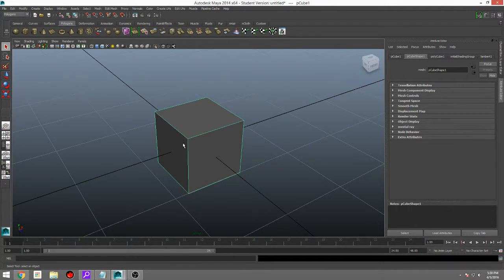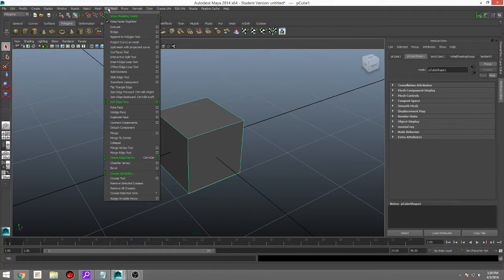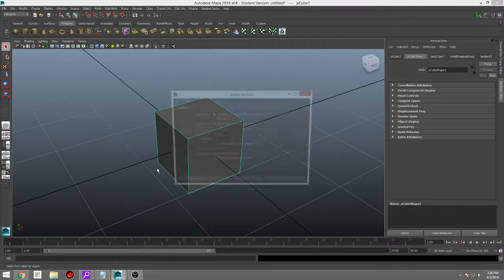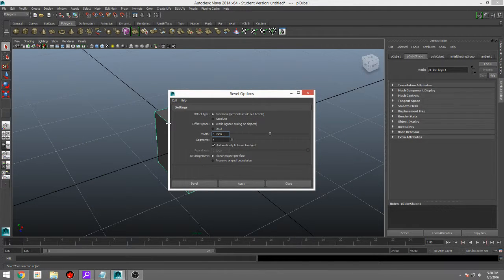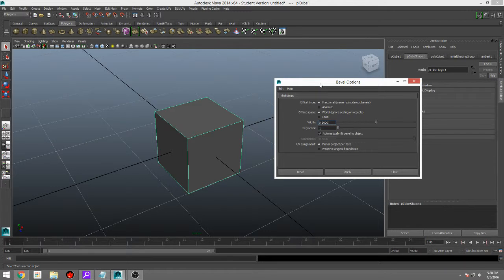So it's actually pretty simple. Under Edit Mesh, there's a tool called Bevel. It lives about right here. If we open the option box for this tool, we can see that we have a couple things we have control over. And what we're going to want to change is the width and the number of segments. Those are the two things that we're going to want to change here. Okay, so let's go ahead and add 2 segments and